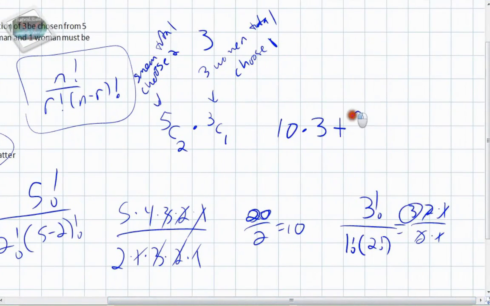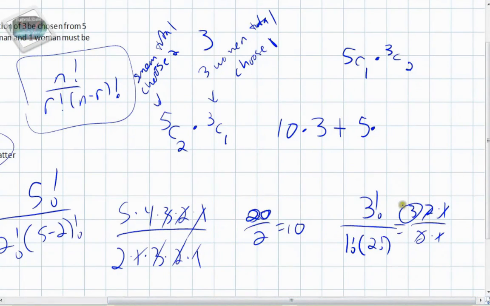Okay, so this time we're going to say 5 choose 1, because 5 men choosing 1, times 3 choose 2, because there's 3 total women and we're choosing 2 of them. Okay, so the same idea: if you had 3 and you were choosing 1, there's only 3 ways you could do that. If you have 5 and you're choosing 1, there's only 5 ways you can do that. Okay, and then 3 choose 2,